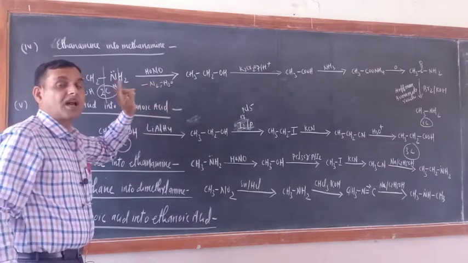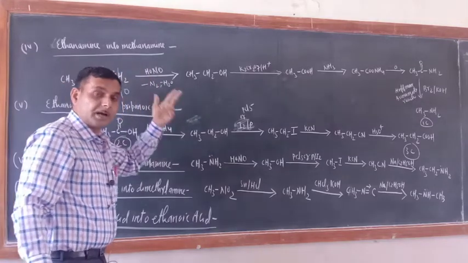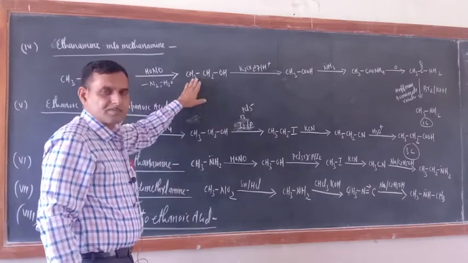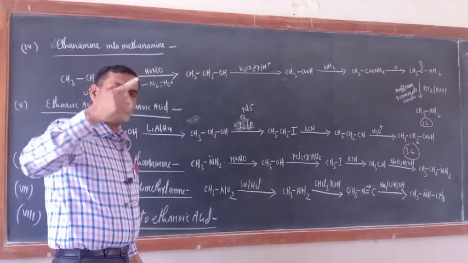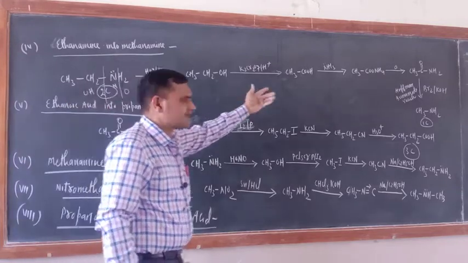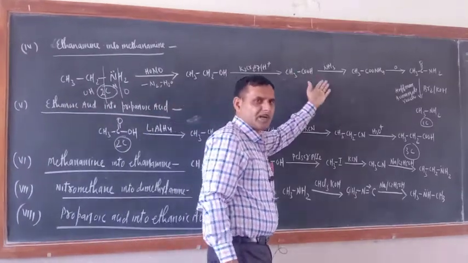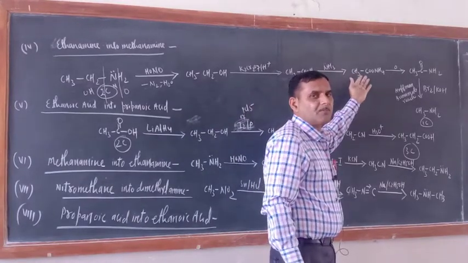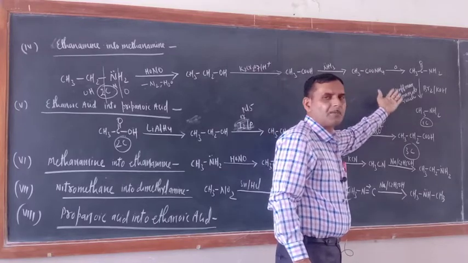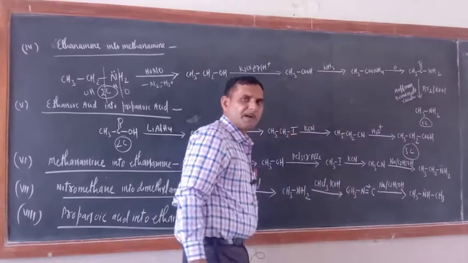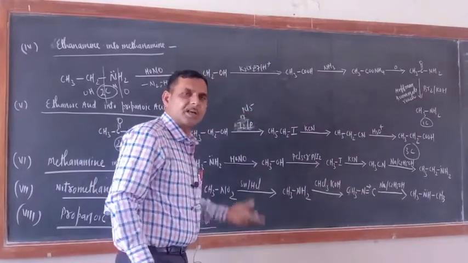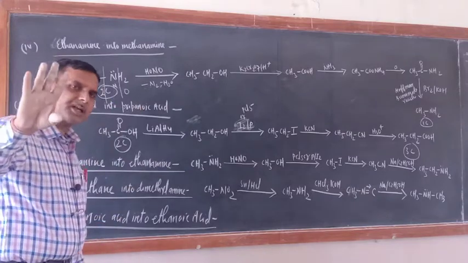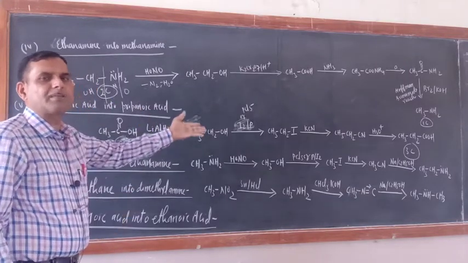Even if you do not write these secondary products, that also doesn't matter, because in a conversion always the main product should be written. What is the meaning of main product? Which is required for the next step. Okay, so we require this one. Now alcohol is formed. If alcohol is subjected to oxidation, the product is carboxylic acid. Now carboxylic acid will react with NH3, then ammonium acetate will form. When you heat, then amide will form. Amide should be subjected to Hofmann bromamide reaction. You will get the methane amine. Correct or not? See, in conversion what should be there? You should study the rule, then only you can do it, because you can't learn all these things by heart.